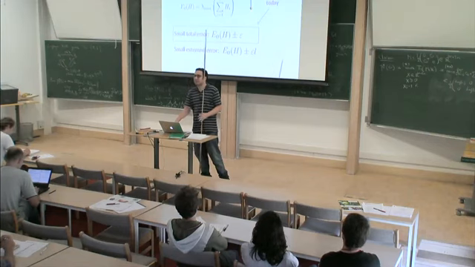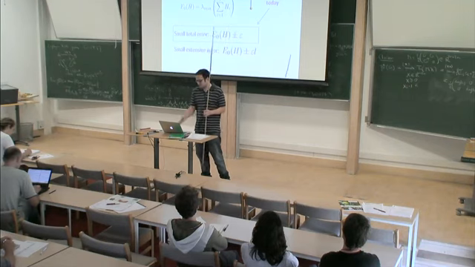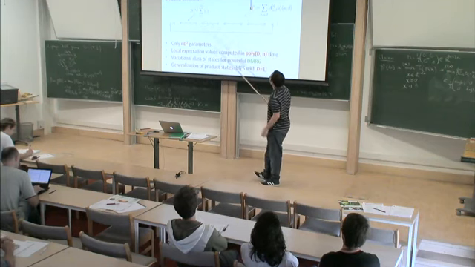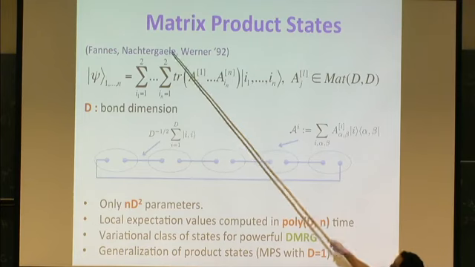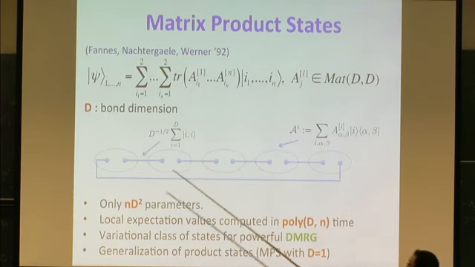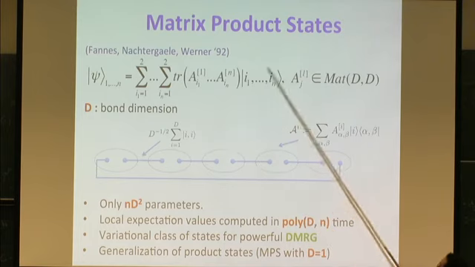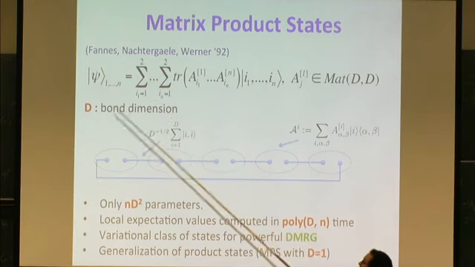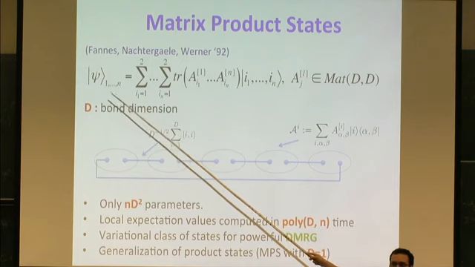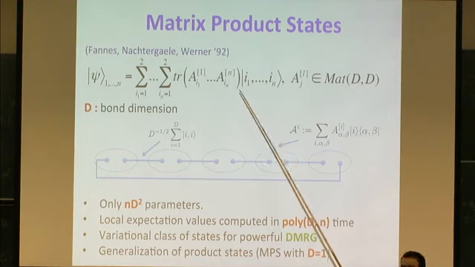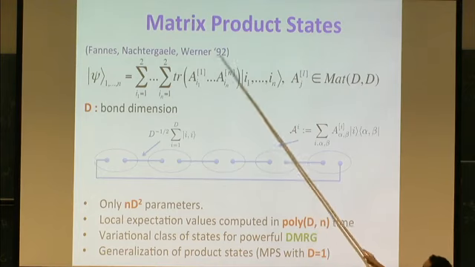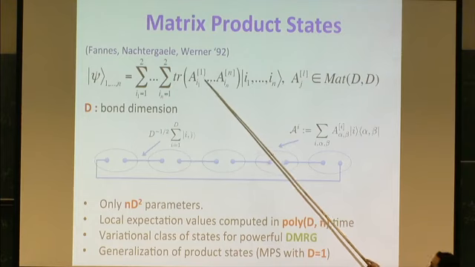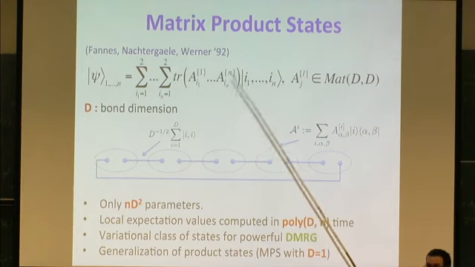So again, yesterday was about using product states as an ansatz. Today is about using a different class of states, called matrix product states. These are really nice states. They were introduced in '92 by Fannes, Nachtergaele and Werner. You can think of them this way: this is just some general state on n qubits, and you could write this state in the computational basis, for example. If you wrote it in the computational basis, you would just have an n-index tensor, which gives the coefficients of this state.